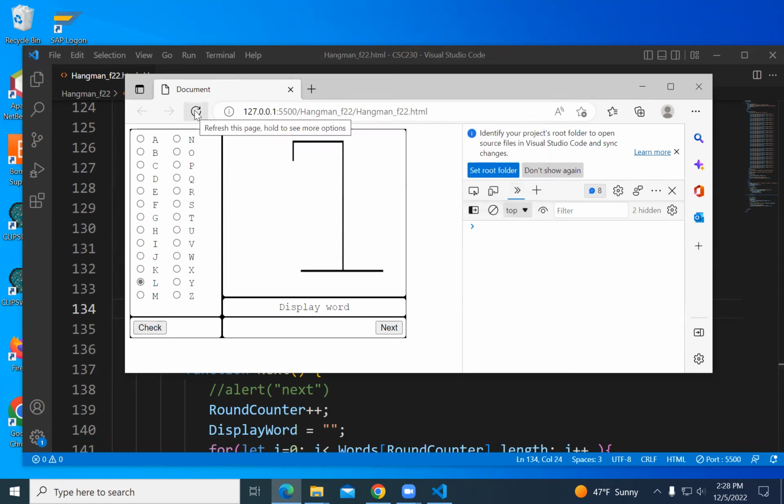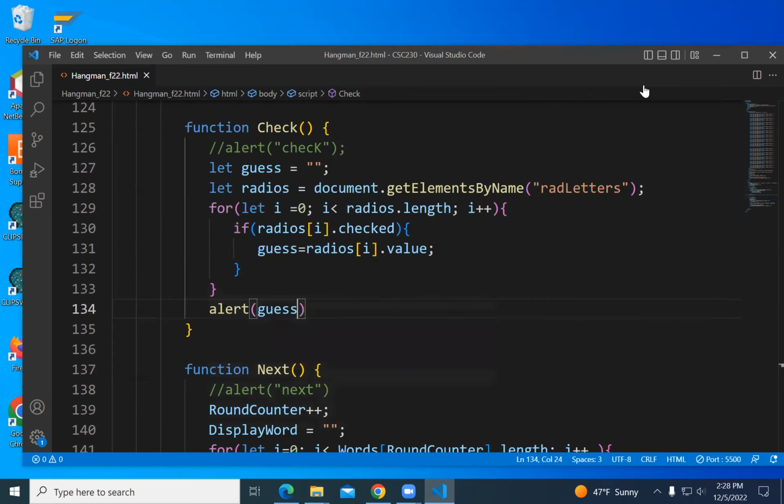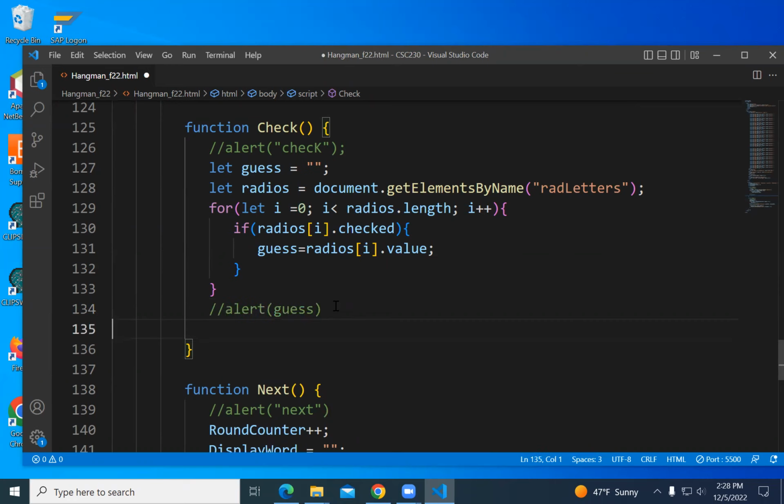And then let me start again, refresh the page, and what if I didn't choose a letter? Oh, there's a problem. So I might like to say, if they didn't choose a letter, say choose a letter and return and get out and not do anything else. So I set guess equal to quote, quote, and then I set it equal to some letter. But if they didn't choose a radio button, then it's never one of the letters.